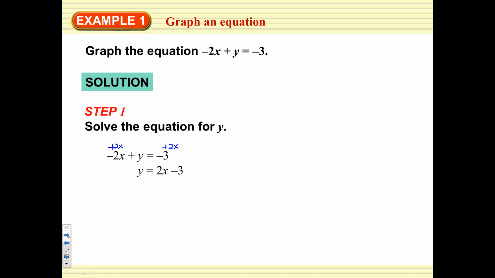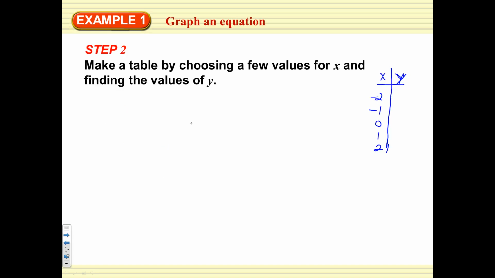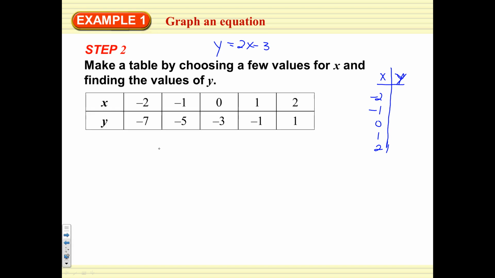Y equals 2x minus 3. Okay, so here's our equation. You probably had it. I just wasn't able to see it. So when you plug in negative 2, you end up with 2 times negative 2, which is negative 4, minus 3, which is negative 7. So we're going to go ahead and write these values like this,